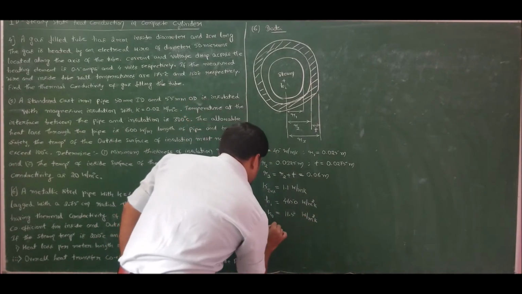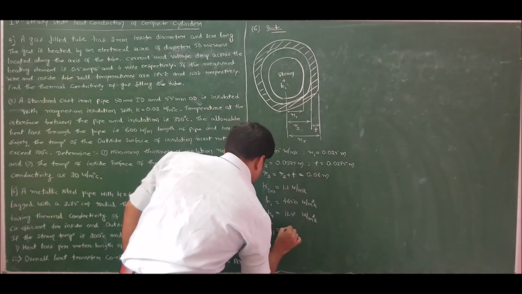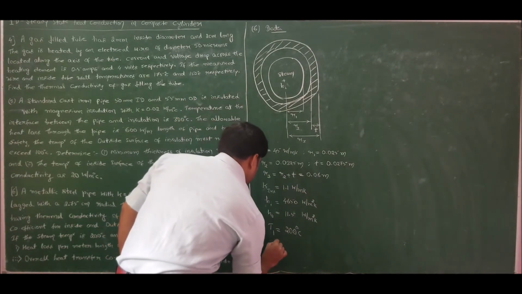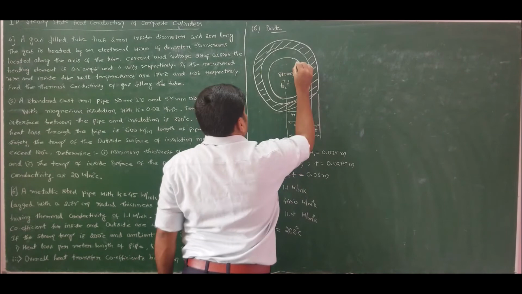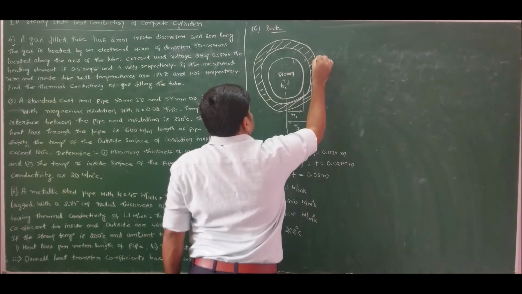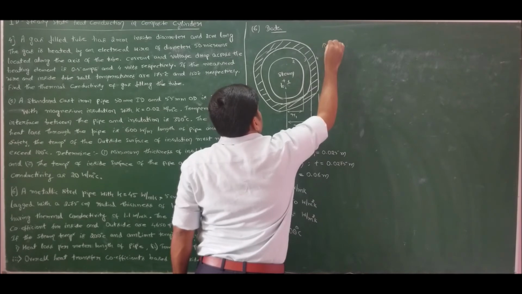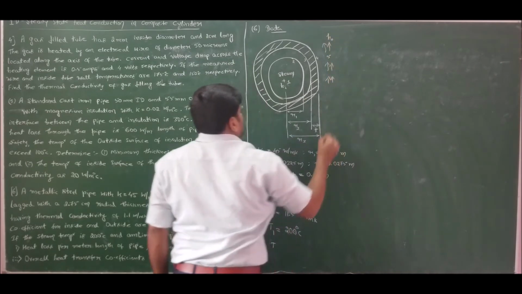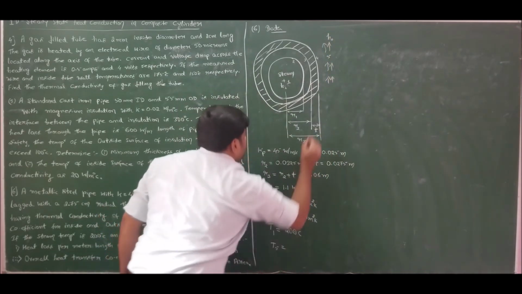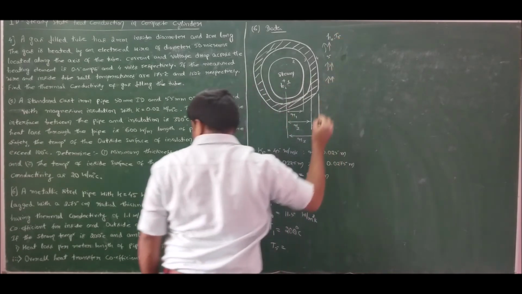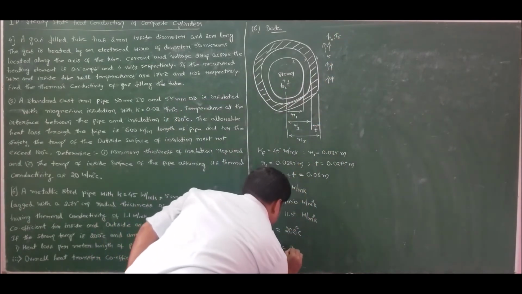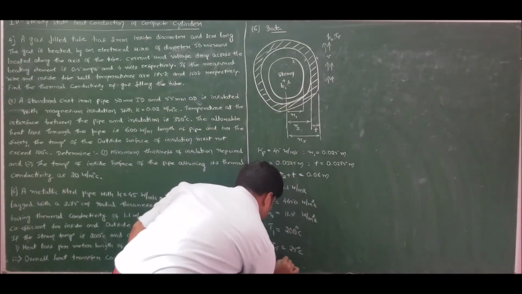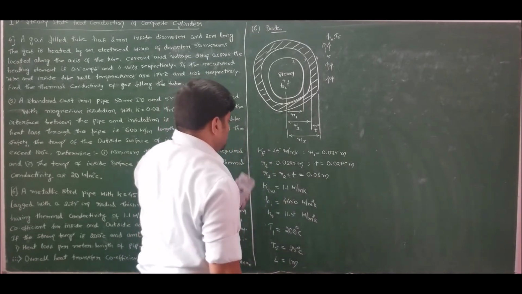Respectively, the steam temperature, let us take it as T1, which is 200 degrees Celsius, and ambient air temperature, which we take as T5. We have convection at the ambient, which is Ho, and T5, which is 25 degrees Celsius. Determine the heat loss per meter length. So length is specified as 1 meter. So this is the data given.